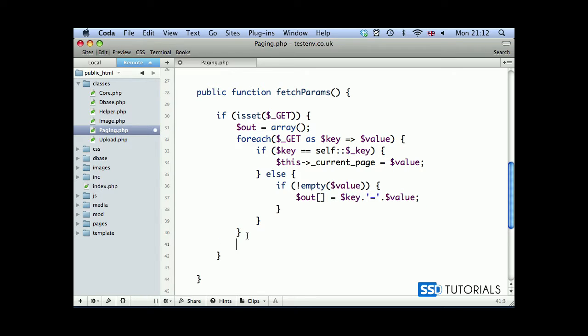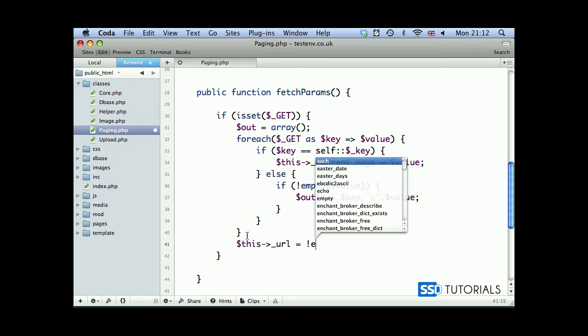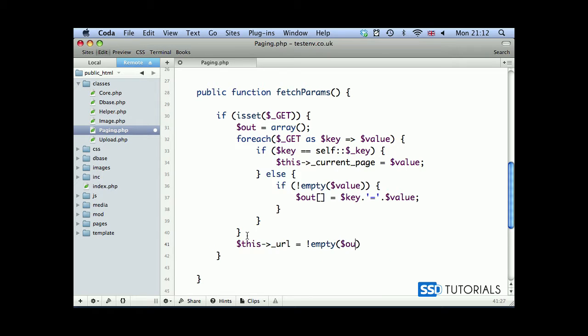Then after our foreach loop, we do this: $this->url equals if not empty $out, then we concatenate with the question mark, dot, implode, single quote ampersand, semicolon, single quote again, $out array,